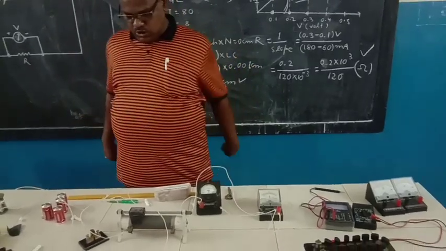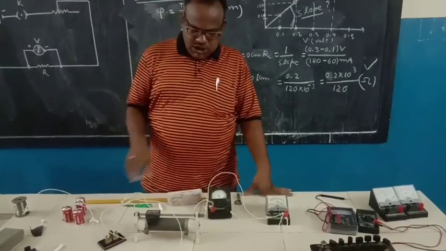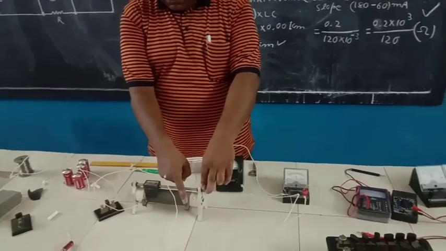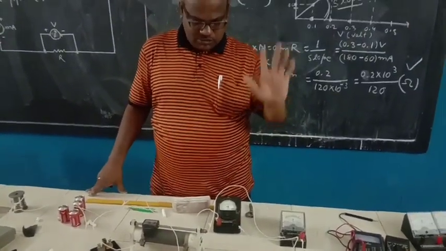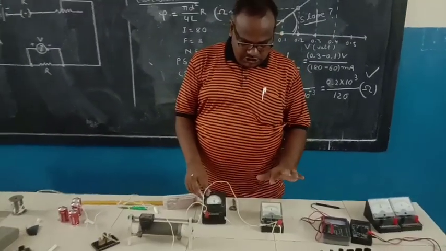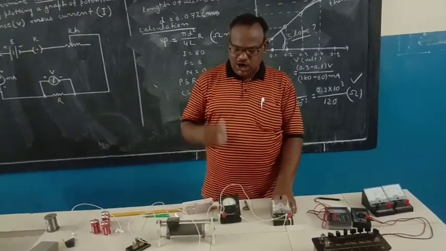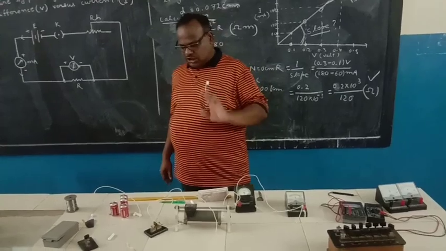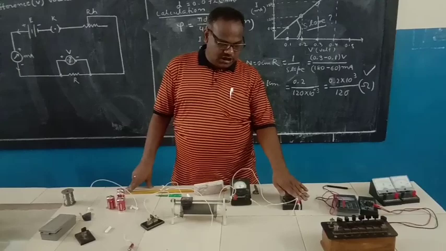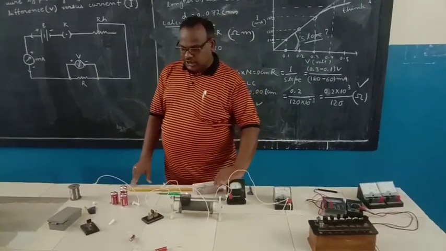Now two or three questions are there, so you think about them. The first question is, suppose I connect this terminal here in the rheostat, then what will happen to the reading? Second, suppose I connect the voltmeter in series and the ammeter in parallel, then what will happen to the reading? The third thing is, why is the voltmeter always connected in parallel and the ammeter in series in an electrical circuit?